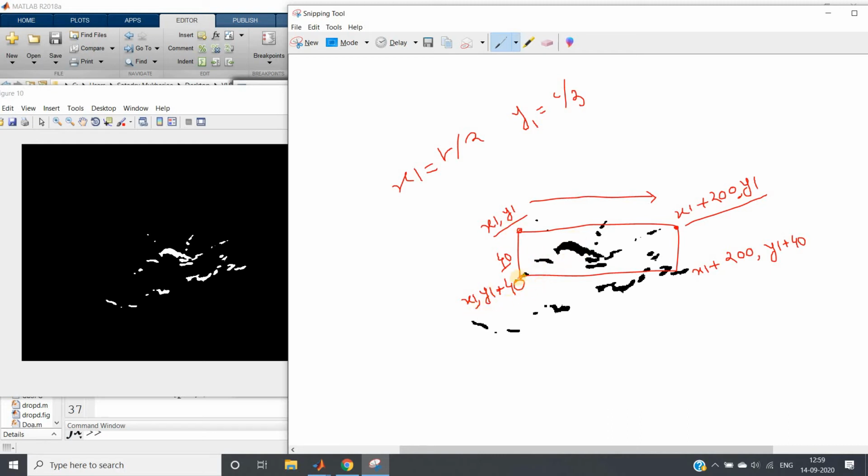So x1 comma y1 plus 40 it is going to be, and what will be this point? It is quite clear. This is x1, and this side we are moving 200 pixels, so x1 plus 200, and here we are going down, so y1 plus 40. So this point is going to be x1 plus 200 comma y1 plus 40, as simple as that, right?